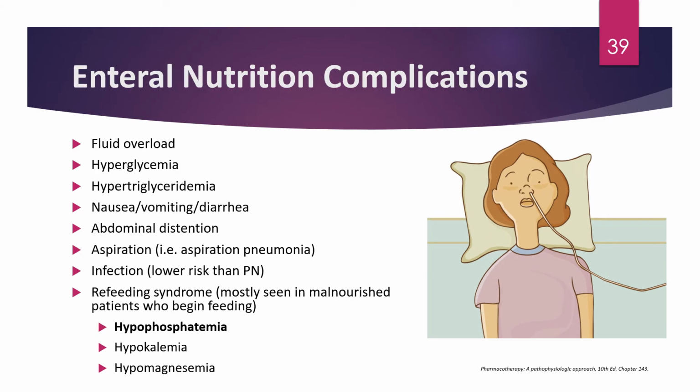We have lots of different complications that can occur from enteral nutrition. Anything that can occur with regular macronutrients can occur with enteral nutrition. So those are things like hyperglycemia, hypertriglyceridemia. Because tube feeding does have fluid associated with it, fluid overload can happen. Because it does touch and go through the GI tract, nausea, vomiting, and diarrhea can happen. Abdominal distension can also happen, which basically just means a distending of the abdomen or a stretching of the abdomen, which may not necessarily be